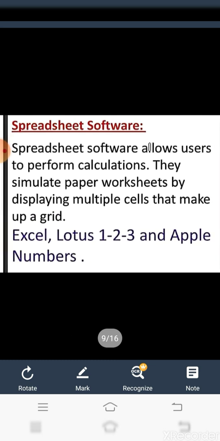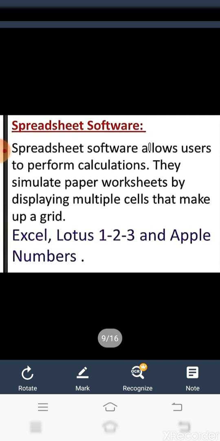Okay. Now, spreadsheet software. A spreadsheet software helps us to perform calculation and display the data in the form of a chart to analyze in a better way. It is used for creating documents to manage and organize the data.